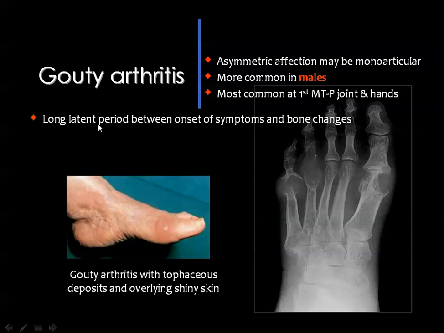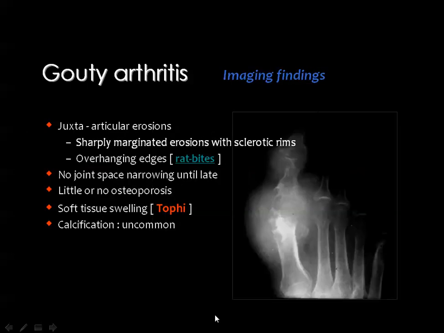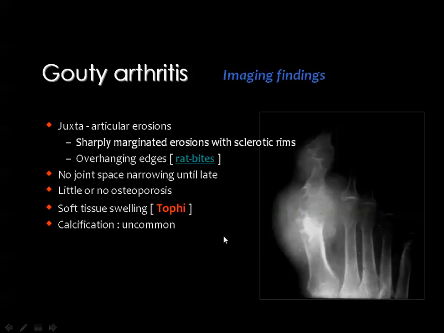Then a latent period between the onset of symptoms and the appearance of bone erosions may be present. And if you look here, you will see these manifestations, juxta-articular erosions. They are sharply marginated,